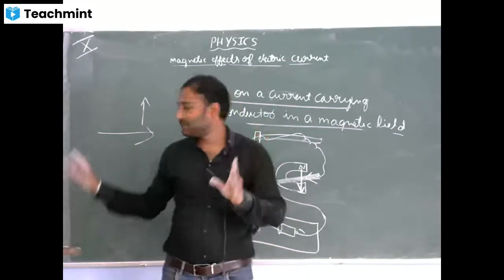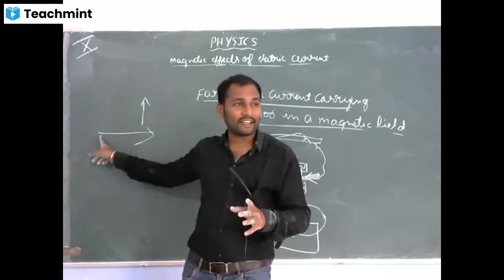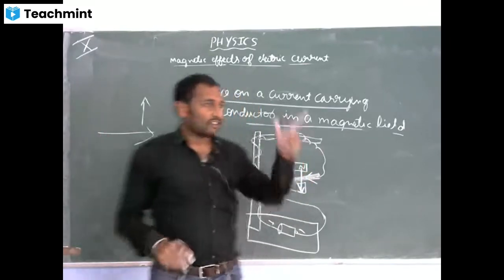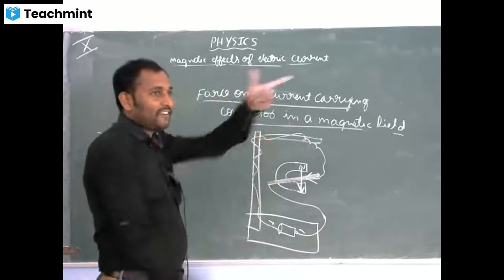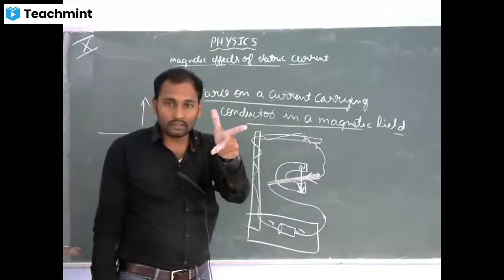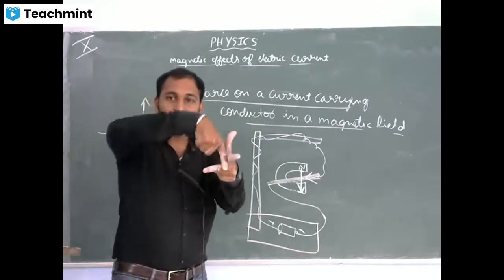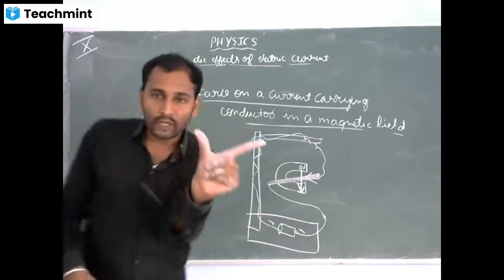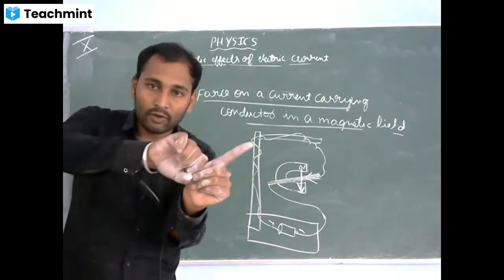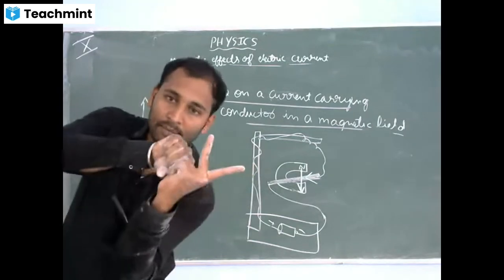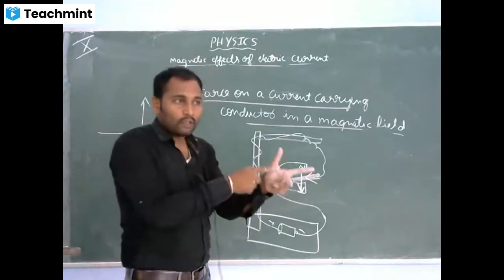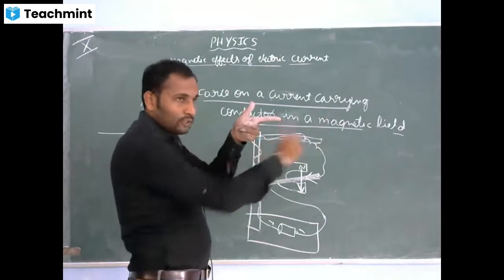Okay, let me show it. Direction of magnetic field. So this is the direction of magnetic field. You have to hold these three mutually perpendicular to each other. This should be perpendicular to this, and this should be perpendicular to this. See, these two are perpendicular, and if you close this, these two are perpendicular. So direction of magnetic field is towards this.